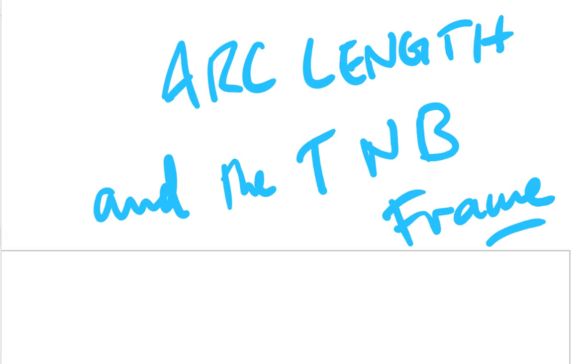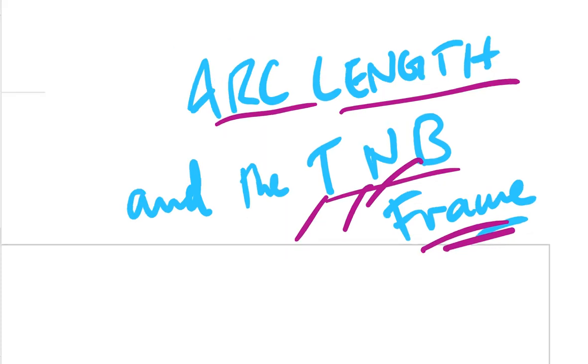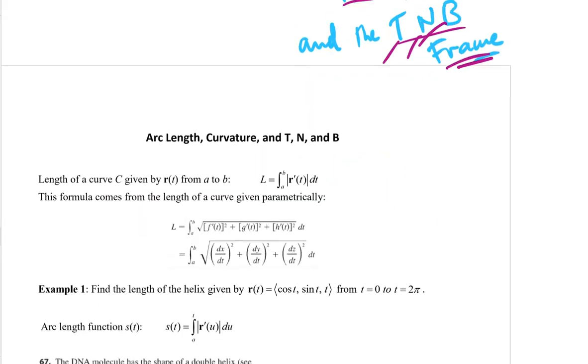So I want to talk to you about the arc length and the TNB frame, the tangent vector, normal vector, and binormal vector frame for a curve. Arc length is important. All this is important to what's called differential geometry,